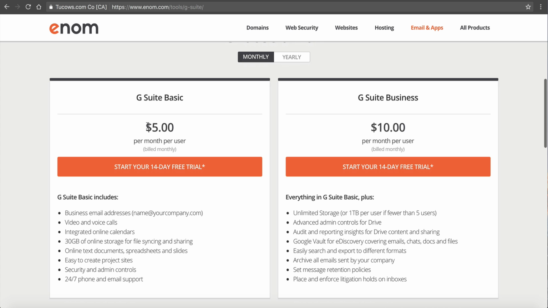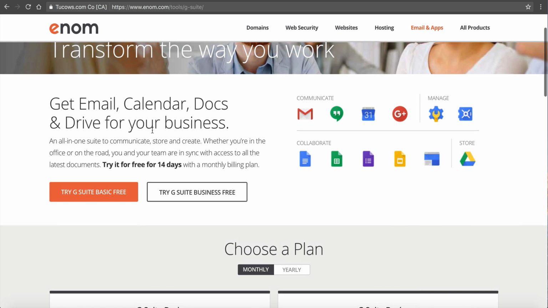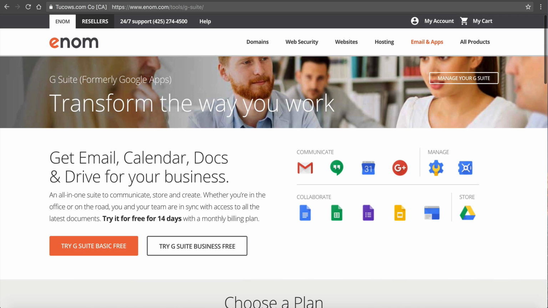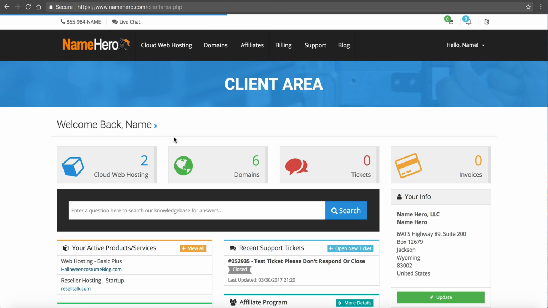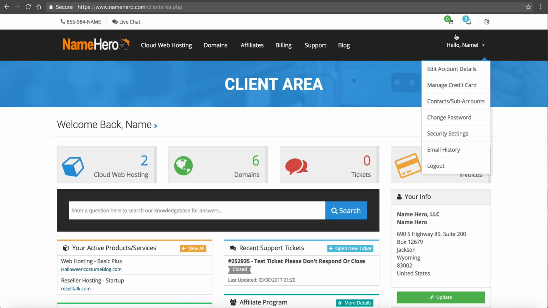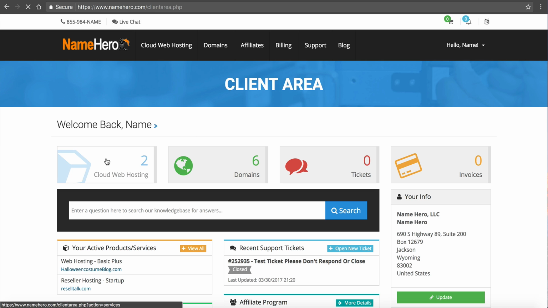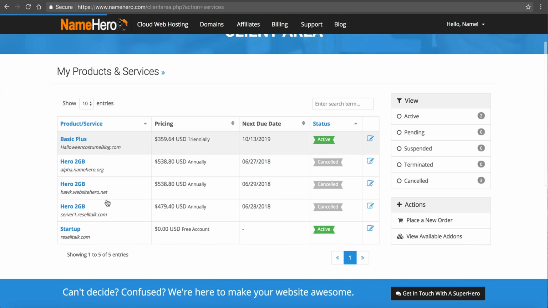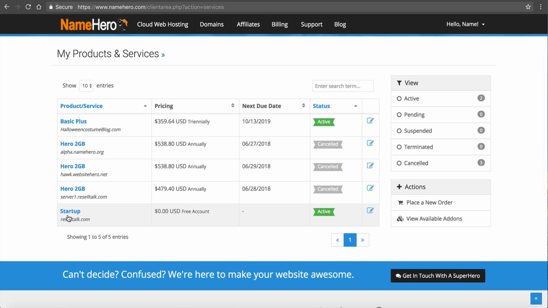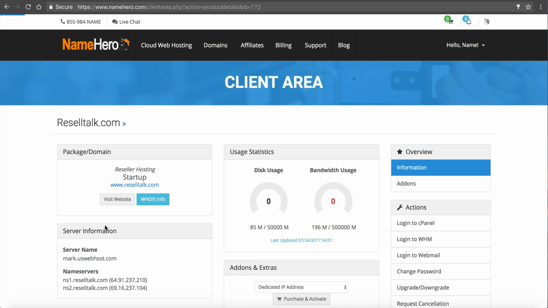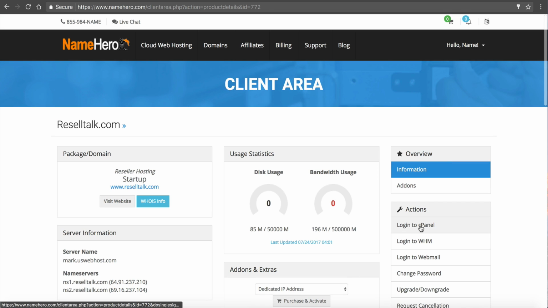Once you get into your reseller account, you can look at your pricing because they do discount it for resellers. This is their main site, just shows the main pricing. Okay, so I'm going to go to my example reseller hosting package. From NameHero, I just simply log in. I'm going to click on Cloud Web Hosting. I'm going to go to my example package, which is Startup Reseller right here, and I'm going to log into